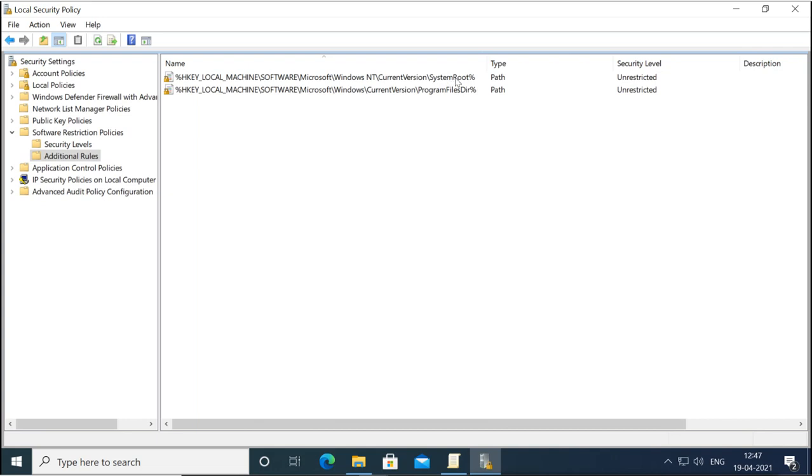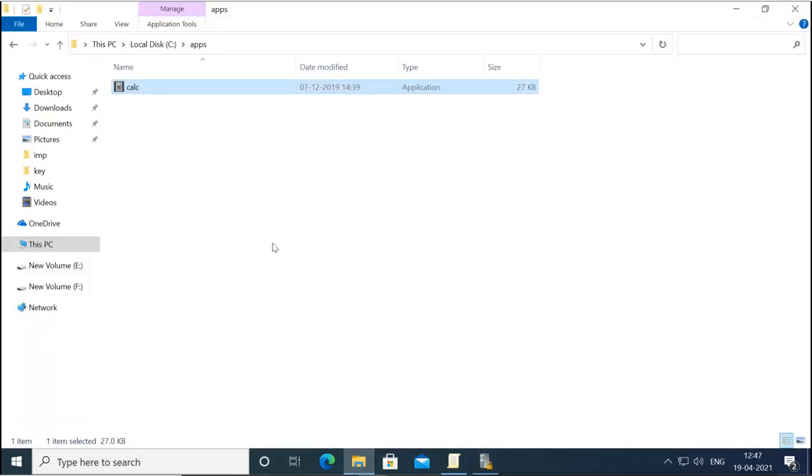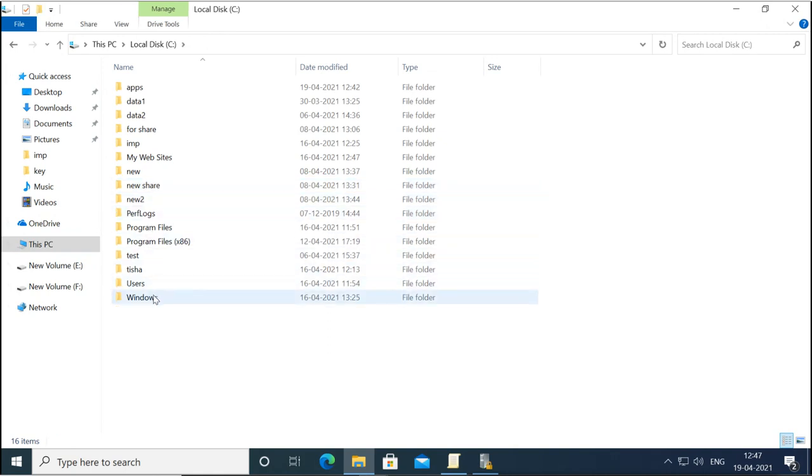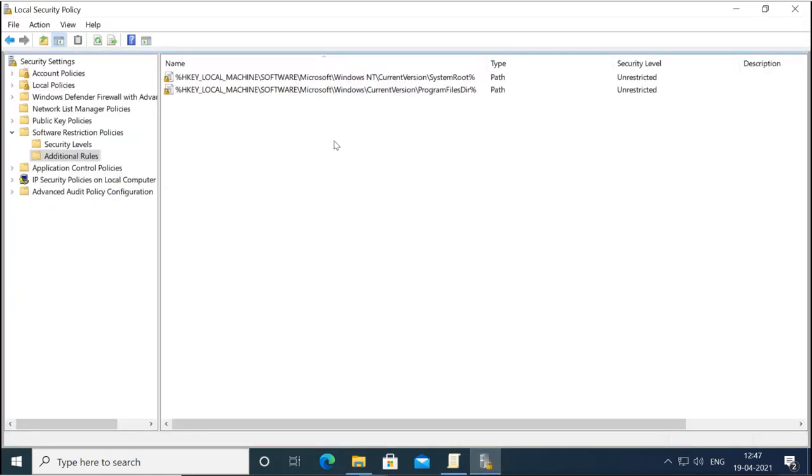This is our Windows directory where our whole operating system's files are, and this is our system root directory. It says that for the system root directory, the security level is unrestricted.